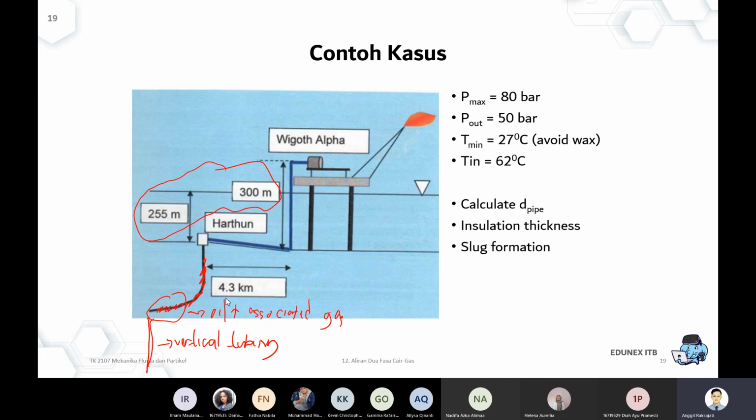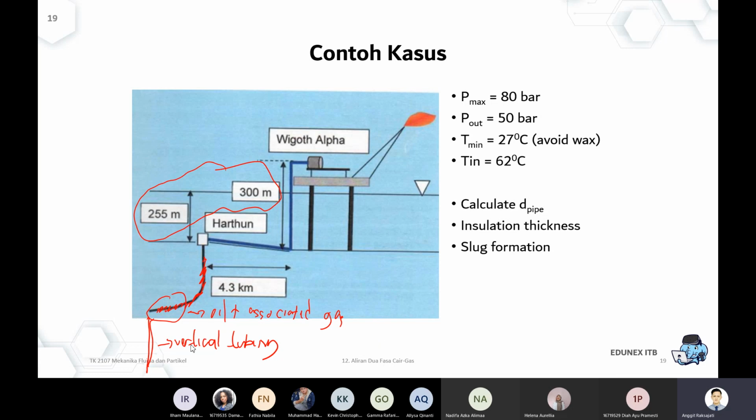Once it reaches the wellhead, it must be sent to the platform, for example an offshore platform, which could be kilometers away. So it has to be sent, and then there will be some vertical pipeline, as you can see over here, when the fluid is sent directly to the platform. Again, this is a very common example of a multi-phase flow problem.